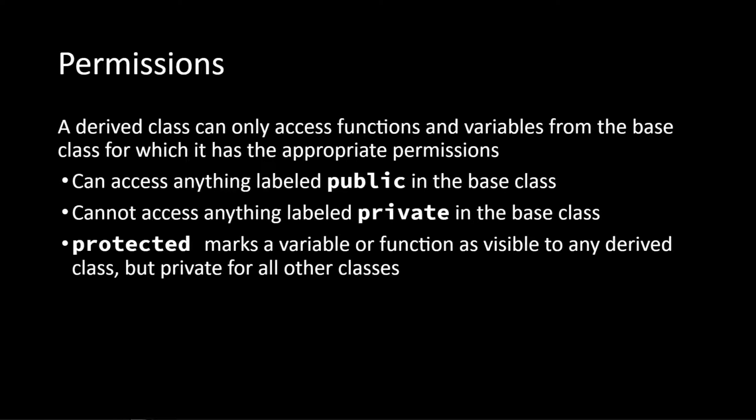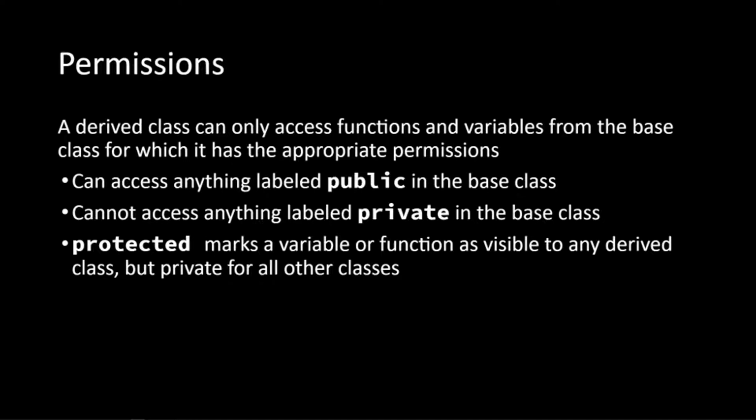Now, we've probably seen things. You've seen public and private. Those are not new concepts in here, but it's interesting in that public and private basically say how other classes deal with the information held within our class, but we have to think about what happens when we have classes that are derived from one another. Right? A derived class can only access functions and variables from the base class, so they're sort of distinct classes from that perspective.